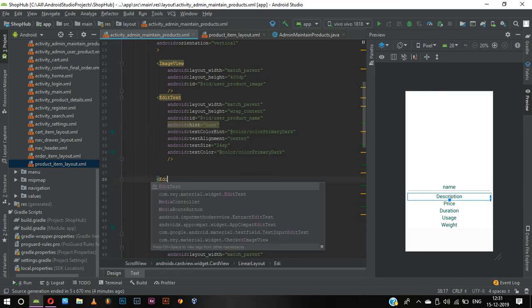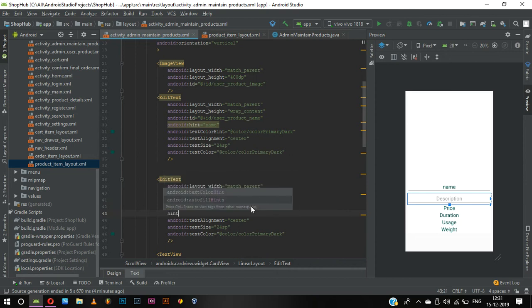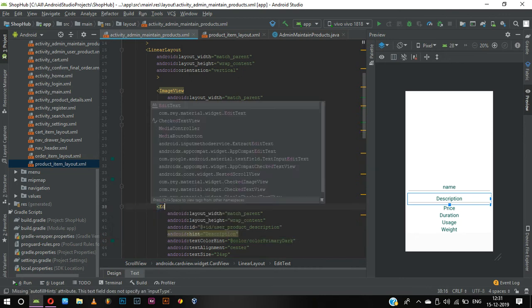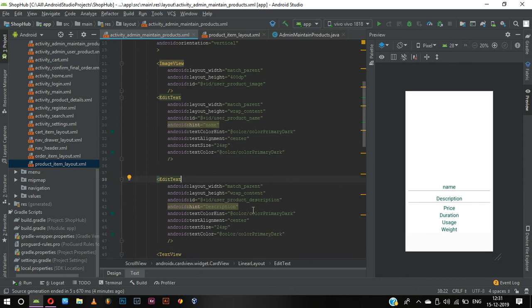First, you can change it to edit text and hint, and then we need to set the hint color. Hint color should be color primary dark. And now one more is edit text, and it should be hint is here, hint,